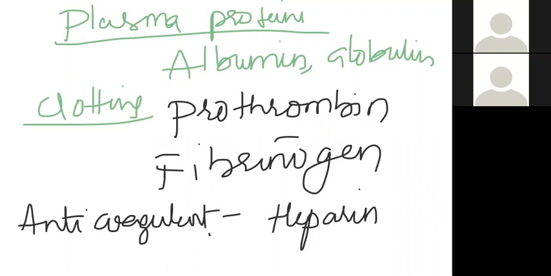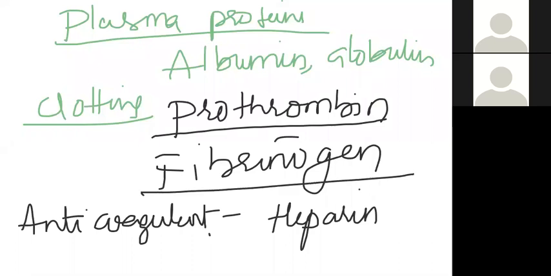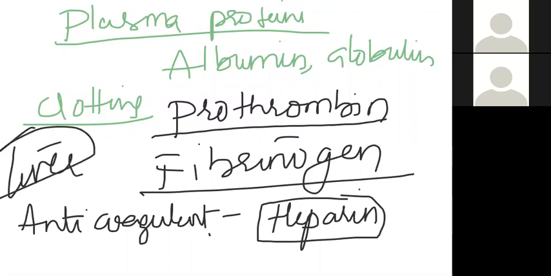The complete discussion we are going to have with blood clotting factors is in the body fluid circulation chapter in second year. But at present, you just remember the clotting factors in the plasma: prothrombin and fibrinogen. The anticoagulant factor in the plasma we call heparin. So that's about the plasma proteins: prothrombin and fibrinogen and the anticoagulant heparin. All these are actually produced by the liver and will come and stay here in the blood plasma.